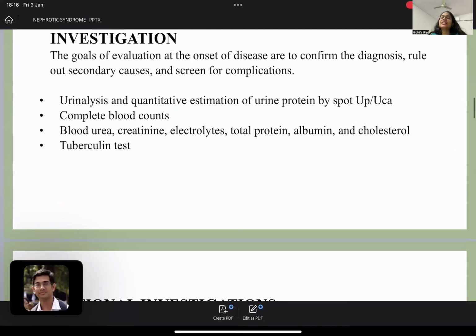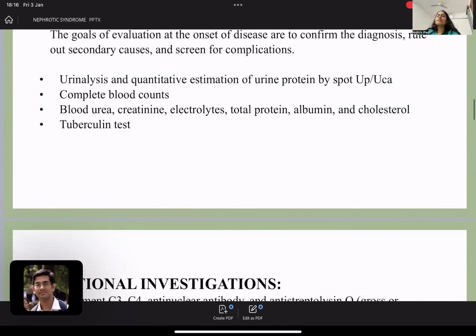Now, what are the investigations you need to get done for nephrotic syndrome? Initially we have to confirm the diagnosis, and if there is an atypical presentation, we will rule out secondary causes. Firstly, of course, you have to get a urine analysis done. Urine analysis will tell you about the presence of protein in the urine. In our hospital, sometimes we get a urine protein by dipstick and a urine analysis done. But the best approach to quantify urine protein would be a UP-UC ratio that we have discussed, which has to be more than 2 mg per mg